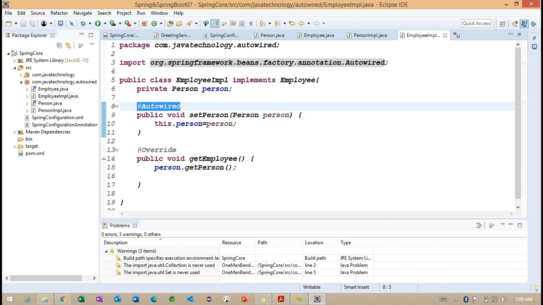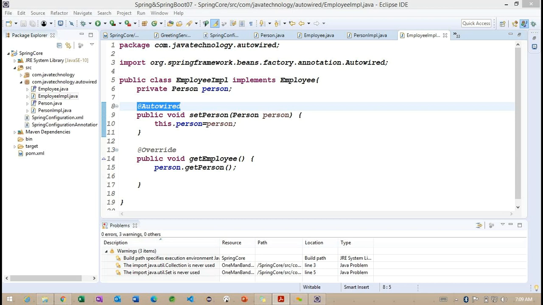Whenever we use this Autowired annotation, what happens internally? Whatever XML configuration we made earlier is going to be ignored. We are not going to write anything there.